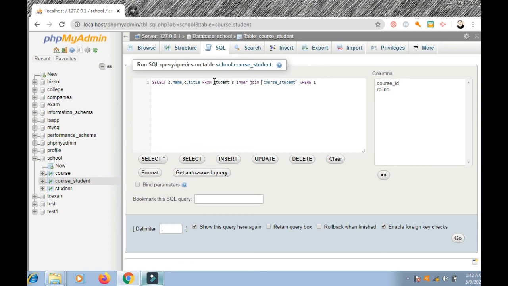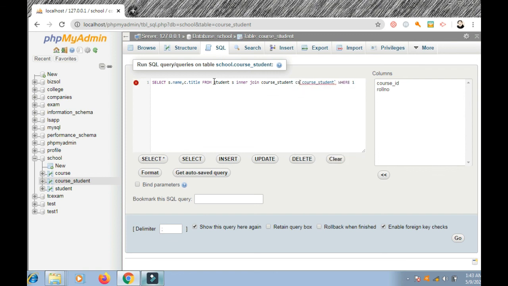Okay, from the first table, student, from student, and its short name is S. So we select S dot name, meaning S is the short name of student, and C is the short name of course. Why do we use short names?